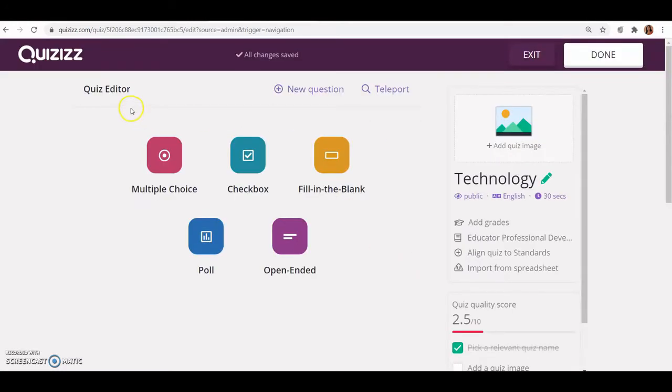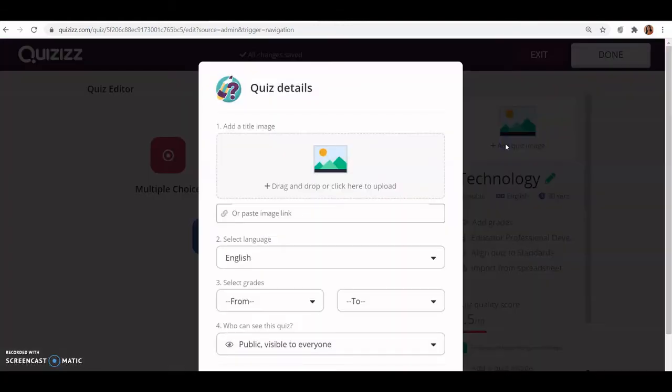So a basic quiz page is being created. Now here you can see what you can do. You can add a quiz image. Suppose a theme or the title, or suppose a math quiz is there. You want to show the image of the mathematical symbols. You can do that. So you can add any quiz image over here. If I want to add any image, suppose.